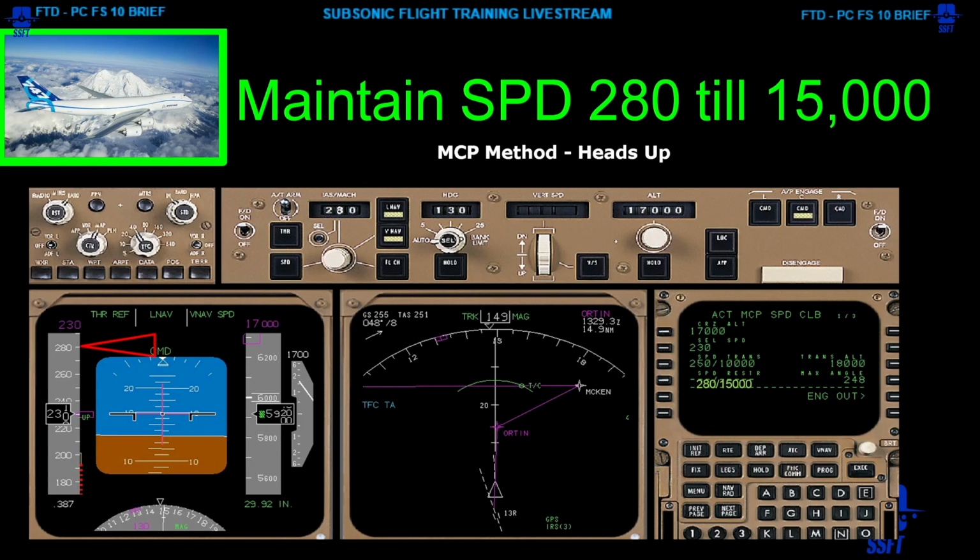Again, you use it below 10,000 feet, and it's the easier one to do because you don't have to type anything out. So all you have to do is reach up, push the speed intervention, or the speed selector. That opens the window. That's speed intervention. And again, remember the title of the VNAV page changes to active MCP speed climb. And then you can dial that back to a 280. And of course, the speed restriction line would be in dashes